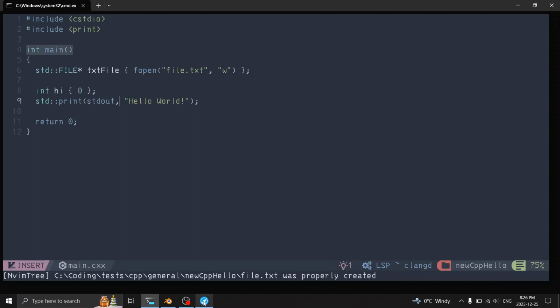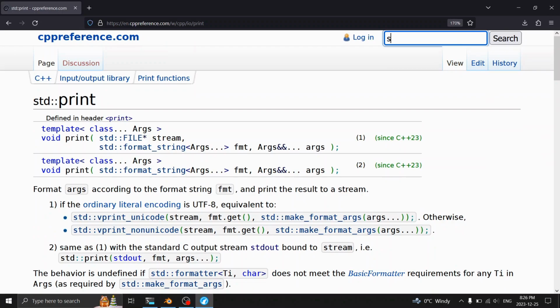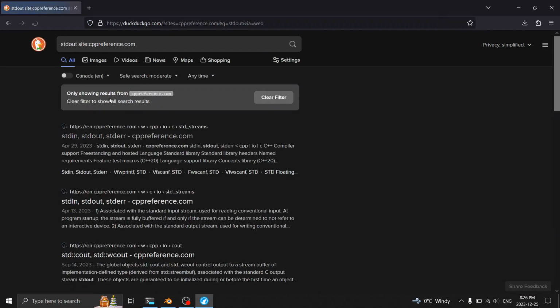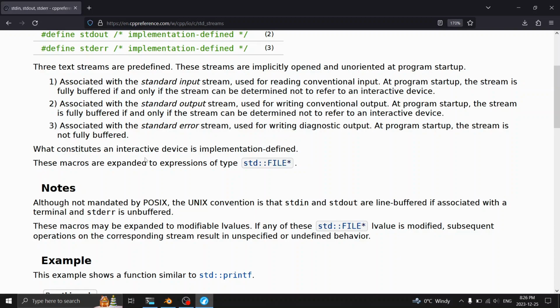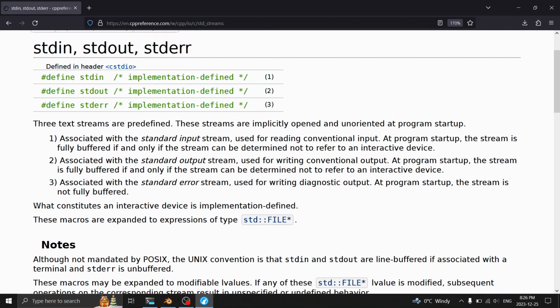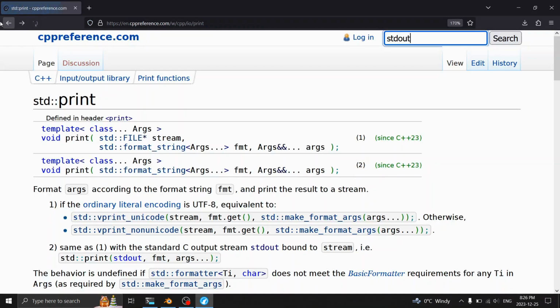And if you didn't already know, stdout, the standard out, if you look at this, it's defined in cstdio, C standard input output, and it's right here. Look, it's defined as std file. It's an input for std file. So when you're actually calling this, you want to write to standard out, the file, which is displayed on the terminal. But if you want to write to a normal file,